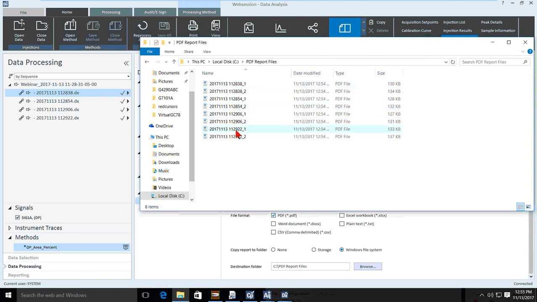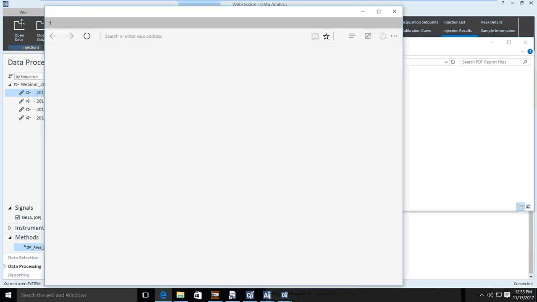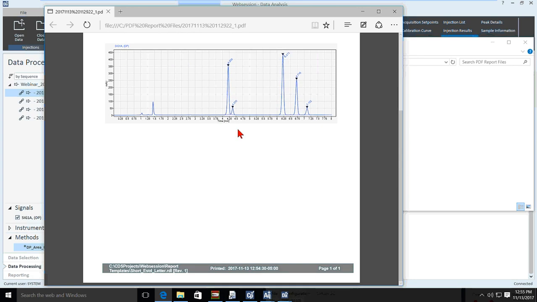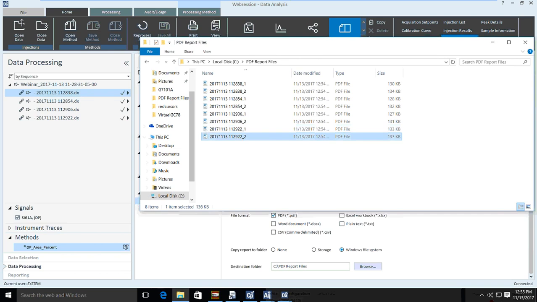If I go through an external standard, I can double-click here, and now I can actually see a single injection report. This is for my sample, and then you have your single injection report. Again, I removed the calibration table, so that's why it's not displayed there. But if I go to the area percent,